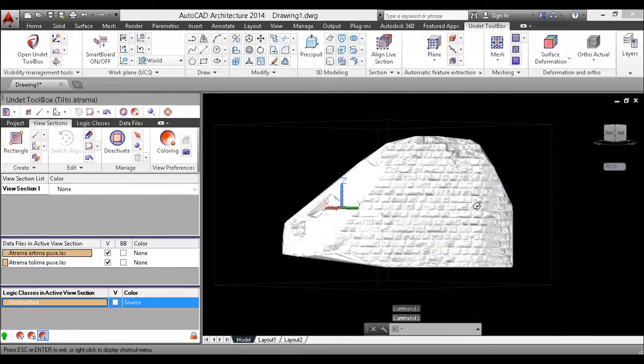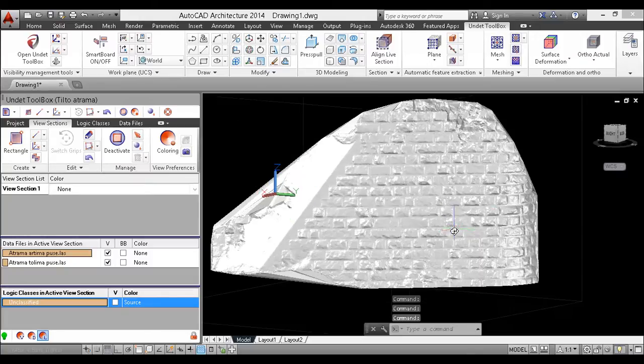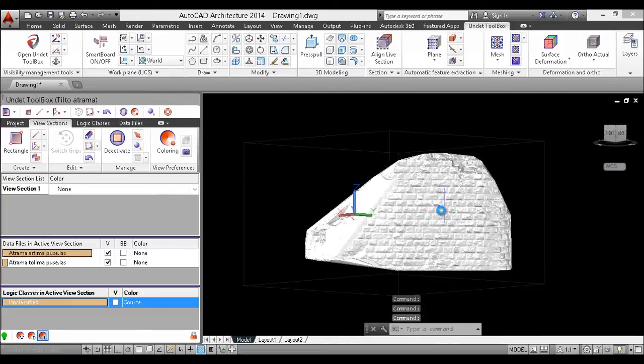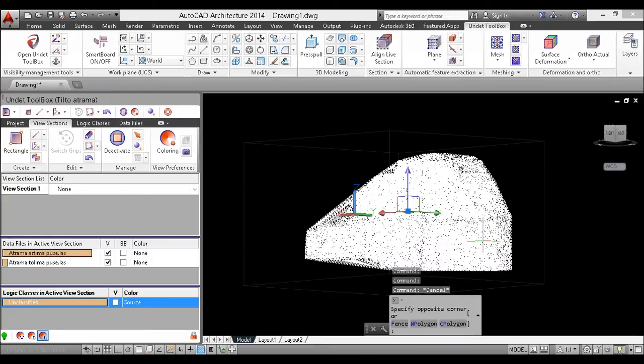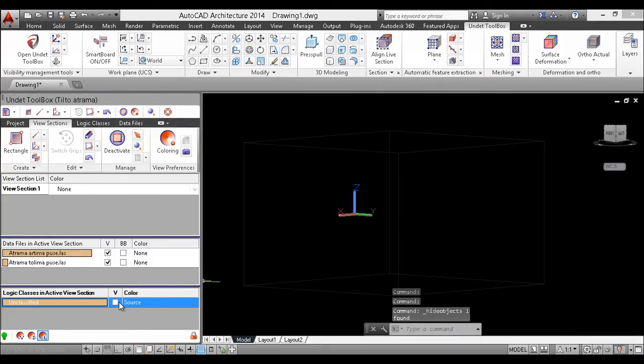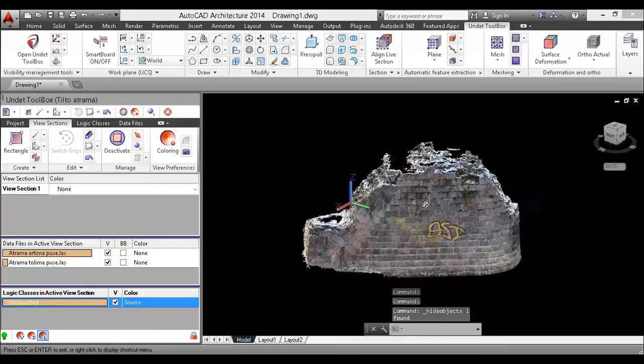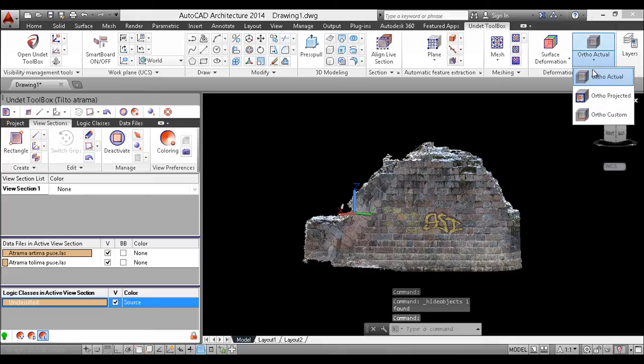Let's say you would like to put on a texture. So if you would have some pictures, you could put on some pictures. I don't have, so I will create a picture. I will hide this mesh for a moment. I will hide the point cloud, and I will generate an orthophoto. So we have orthophoto generation over here,